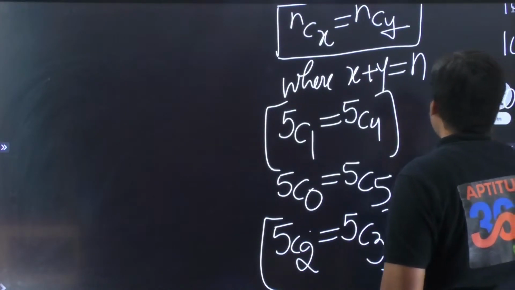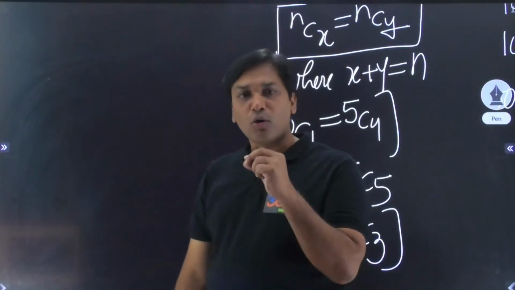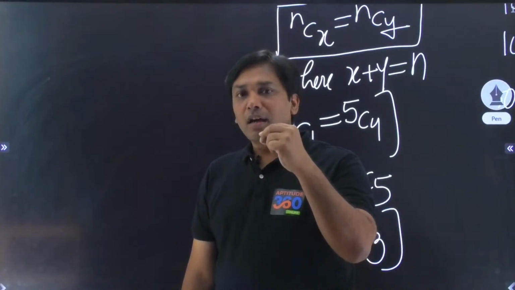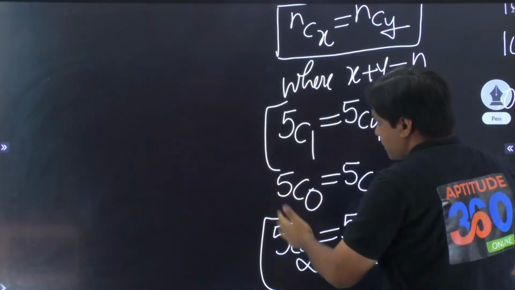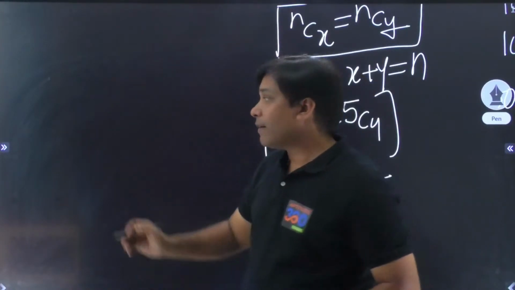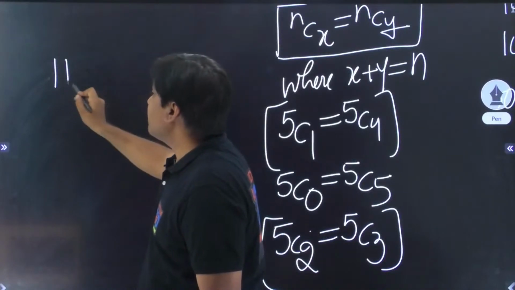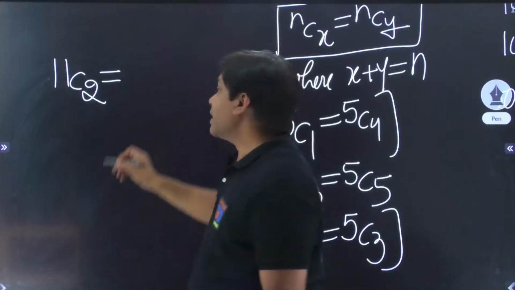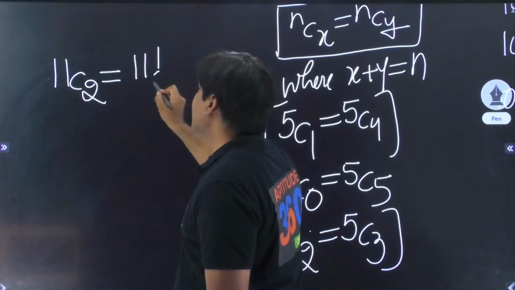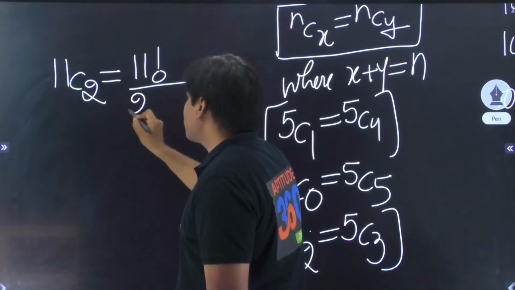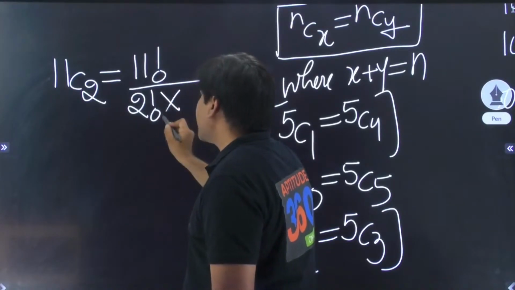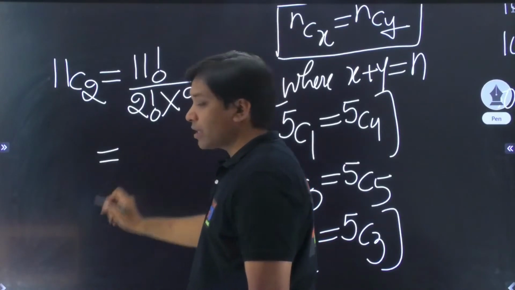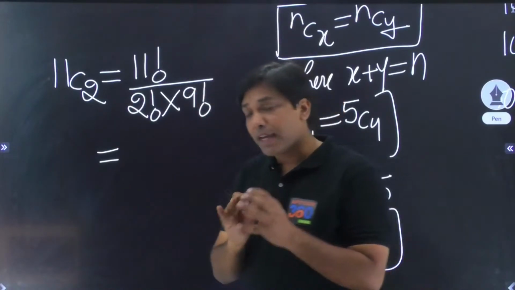Now one challenge for me was that you understand what n is and what C is. C stands for selection, and you have these calculations out here. But who will do this? If I have to find out 11C2, understand this. Am I going to write 11 factorial divided by 2 factorial into 11 minus 2, which is 9 factorial? And if I simplify this properly,